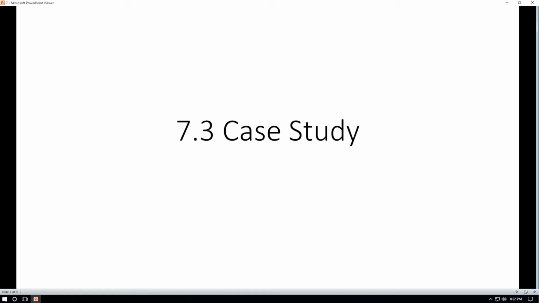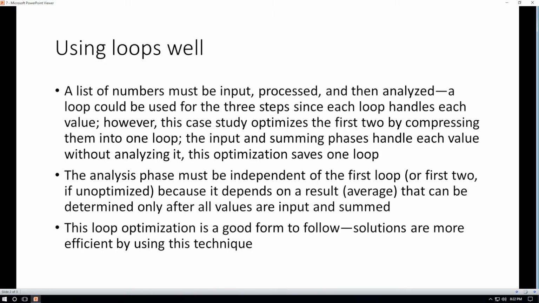In this video, we're going to look at the case study for inputting and analyzing numbers. A list of numbers for this problem must be input, processed, then analyzed. We could use a separate loop for each of these three steps, one for input, one for processing, and one for analysis. However, because the input and the processing don't affect each other, that is, the input occurs first, processing occurs second, but there's no interaction between the two, we can optimize this problem by creating a loop that has